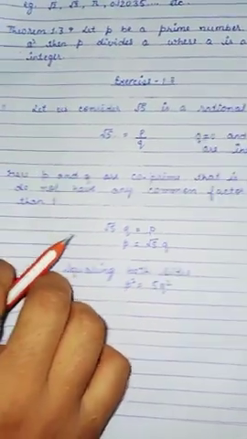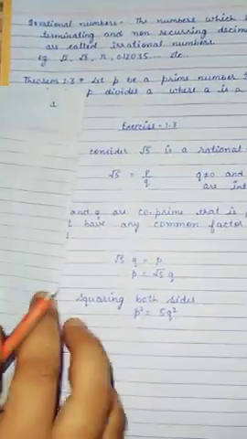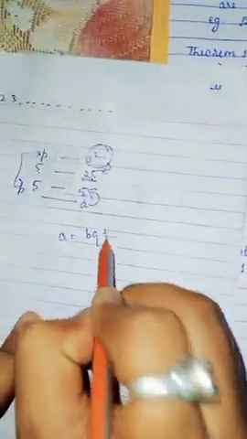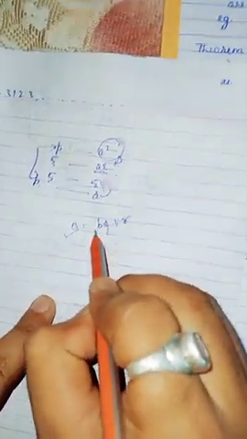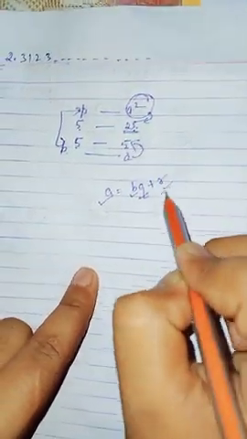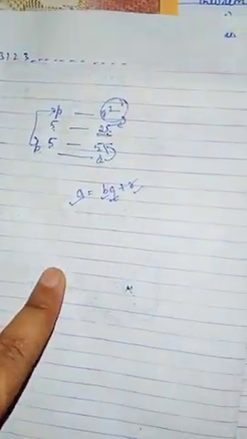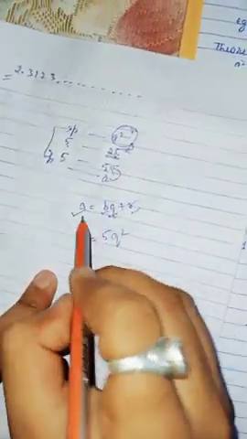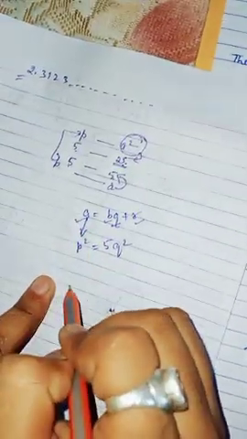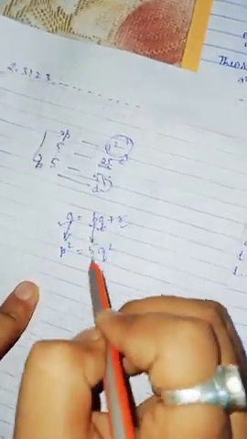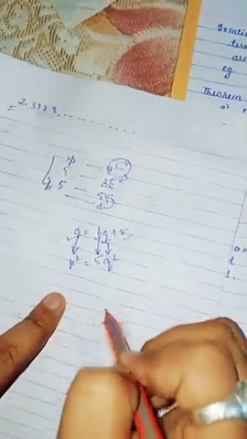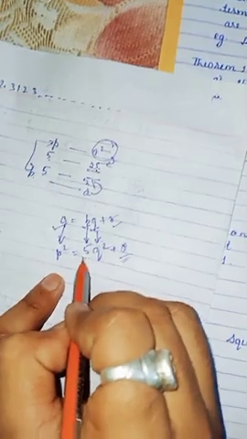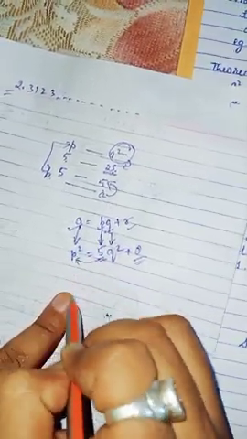Then now we have to consider the division lemma. We have studied that a is equal to bq plus r in the division lemma, that is dividend is equal to divisor into quotient plus remainder. So here also we have p square is equal to 5q square. Now check it, this is the dividend, this is the divisor, and this is the quotient, and the remainder is 0 here. So it says that 5 divides p square.